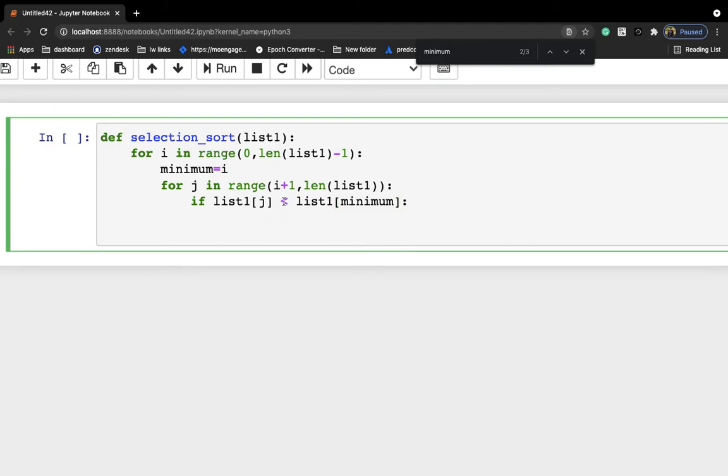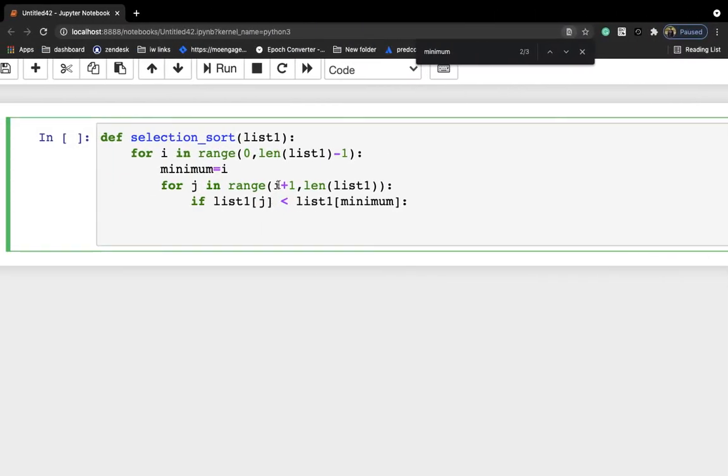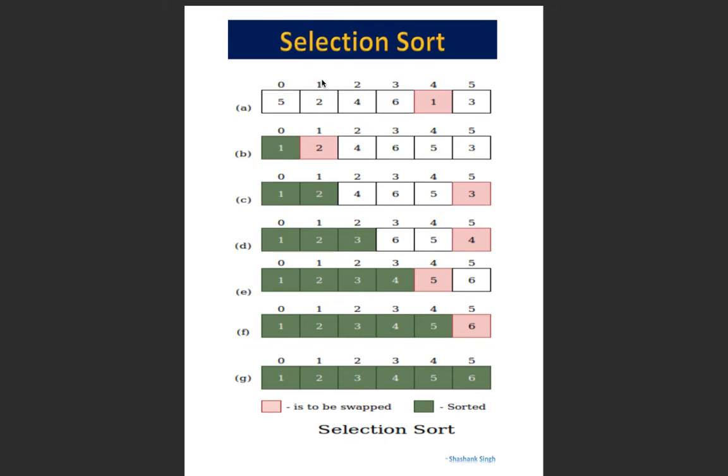So let's say initially i is equal to 0, so i plus 1 will be the next element, which is 2. So 2 is less than 5, yes.